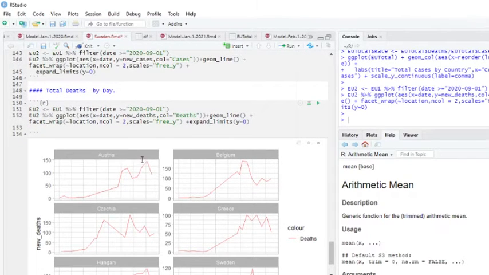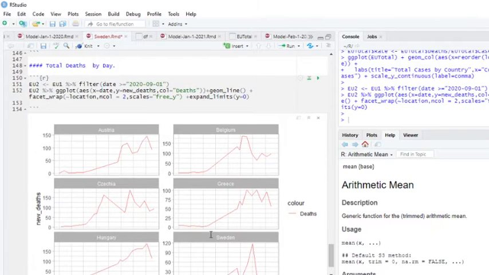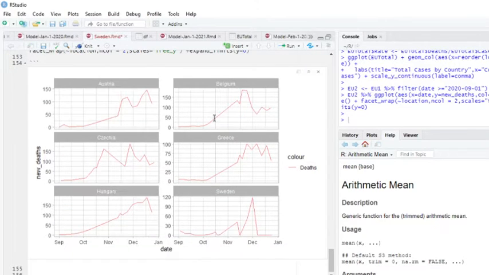Now we break the cases out by country. So now we can do a visual comparison of how Sweden's doing. These are sorted in alphabetical order, by the way. It appears like Greece has had several spikes. It's remaining high. Belgium, Austria,